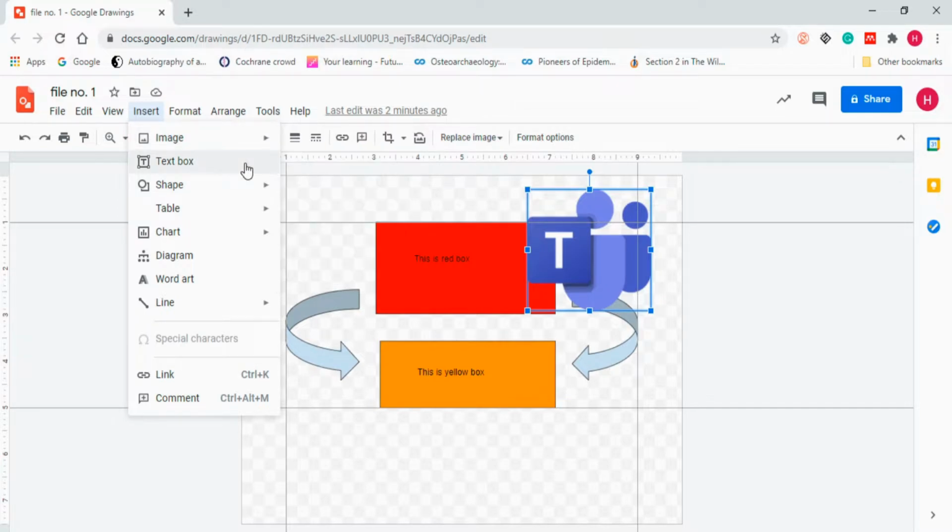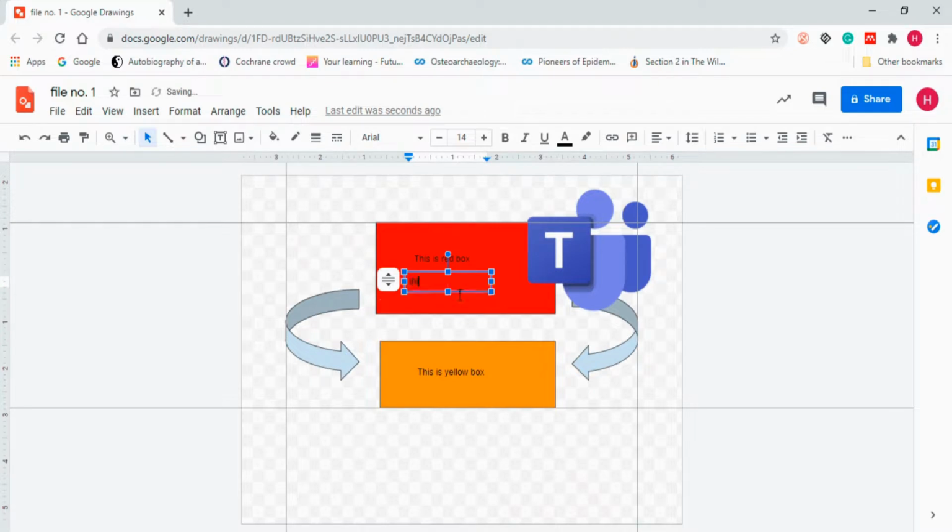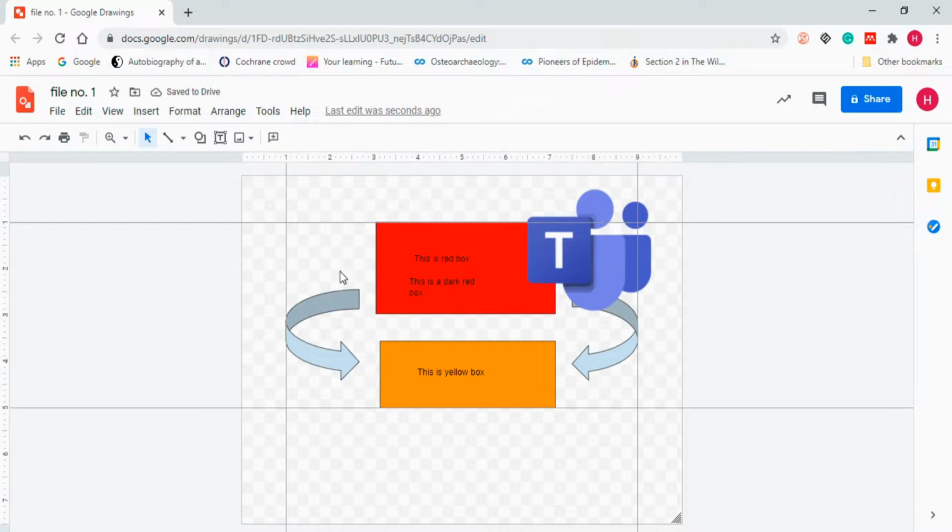After that, we have a text box option. When you click on it, you will see the cursor change its figure. Now you can click and drag, and insert the box. This is a dark red box. Now you can see what it actually does. It inserted a text box.